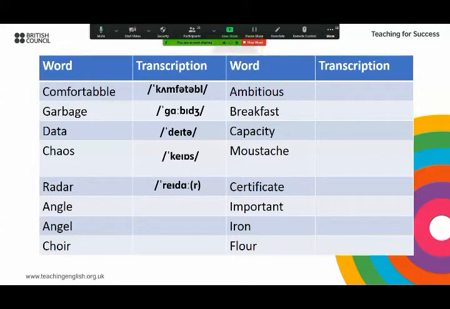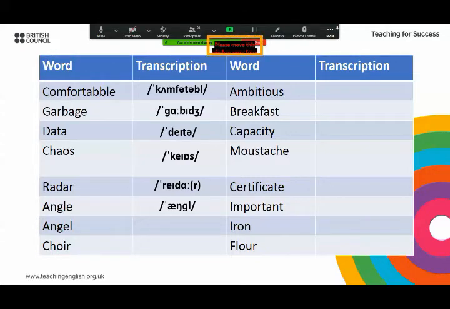Okay, as Mr. Mahmoud said, angle, dark L at the end of the word. And the second one, angel. Yes, sir. Angel. Okay. So the next word,